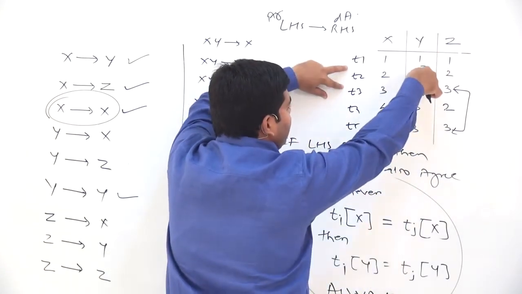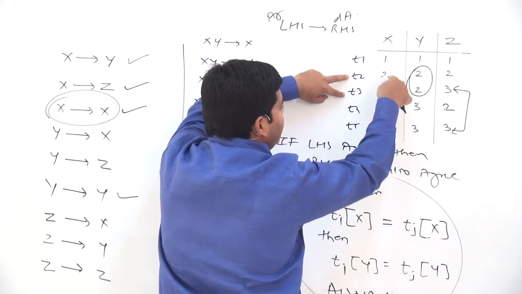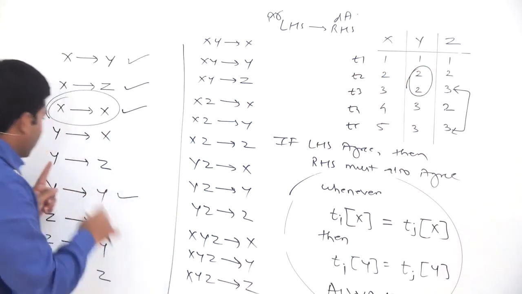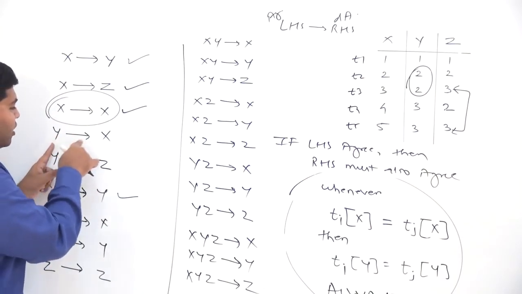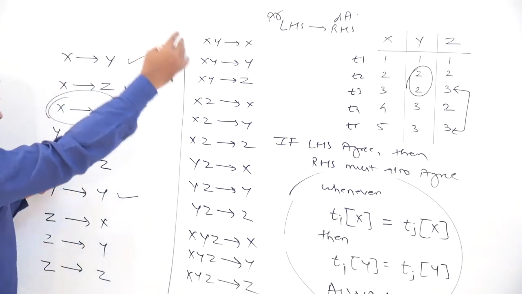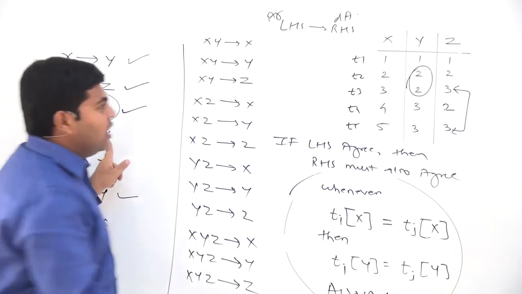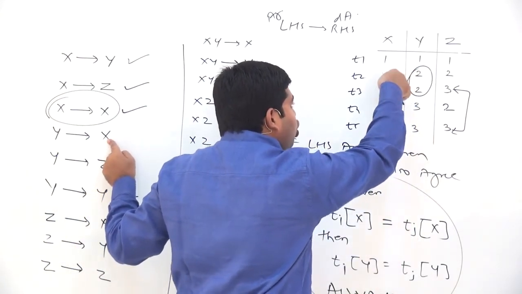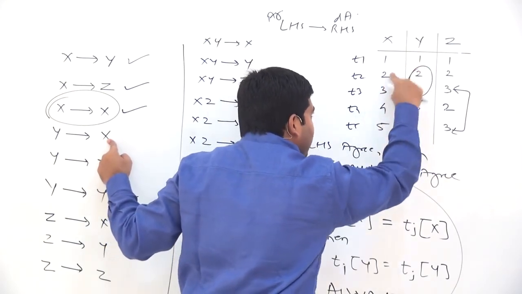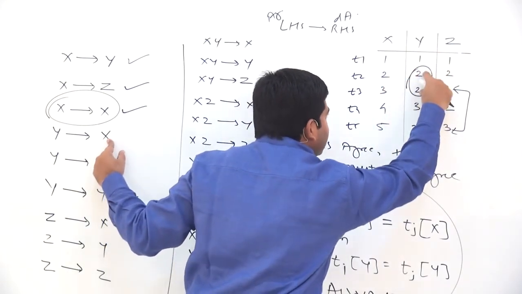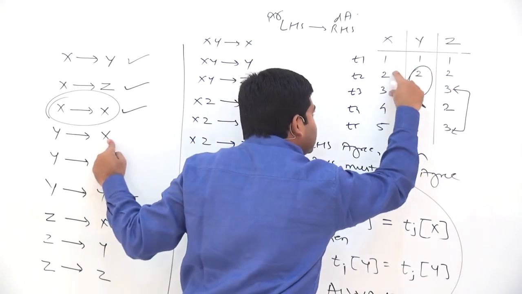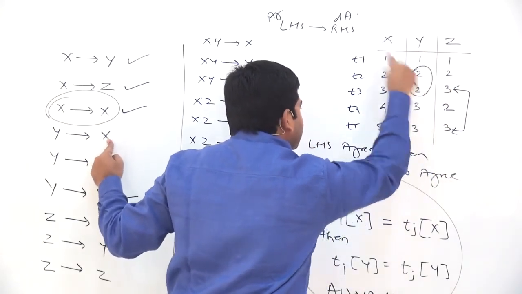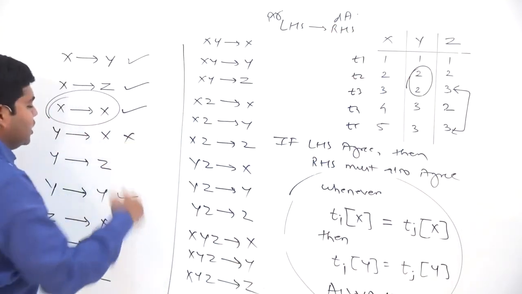But here there is an agreement on the left hand side but disagreement on the right hand side. Now why am I calling it a left hand side and a right hand side? Because the FD that we are checking is y gives x. So y will be called the left hand side and x will be called the right hand side. So there is an agreement on the value of y, but there is no corresponding agreement on the value of x. There is an agreement on the left hand side and a disagreement on the right hand side. From the value of y equal to 2, you cannot uniquely determine the value of x, and therefore this particular FD is invalid.